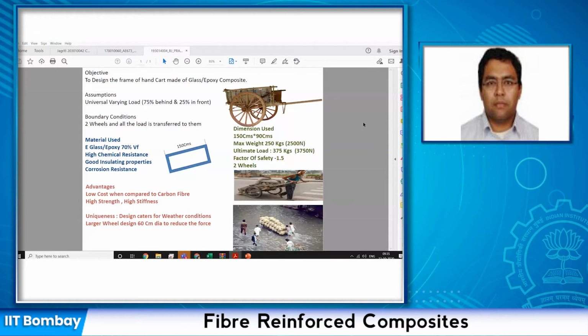After studying the ergonomics, one point I came across was the large wheel diameter. If the wheel diameter is bigger, it leads to a reduction of force on the user, sir. A smaller wheel leads to large force; a large wheel leads to a smaller force. Keeping that in mind, I decided to have this large wheel, and this is it from my side, sir.